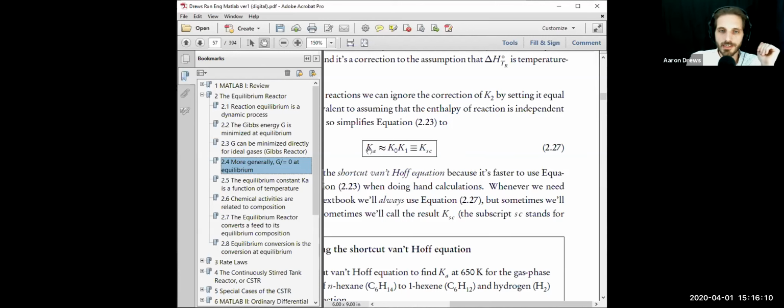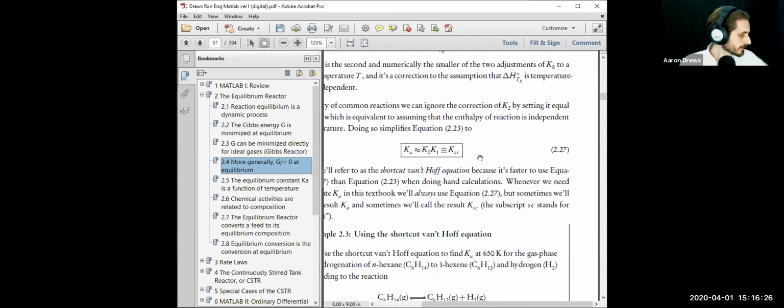We can refer to it as either Ka or KSC. It essentially means the same thing in this class because we're always going to use this shortcut version, which is K0 times K1, as pretty close to Ka in most cases. If you have the book open, I have my own hard copy of the book. Again, I suggest you get a hard copy because it's really convenient, and I don't like looking at the computer all that much. So if you have that, leave it open because we're going to be referring to this, but I'm going to switch back over to the